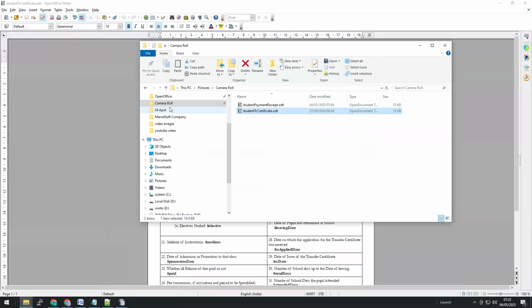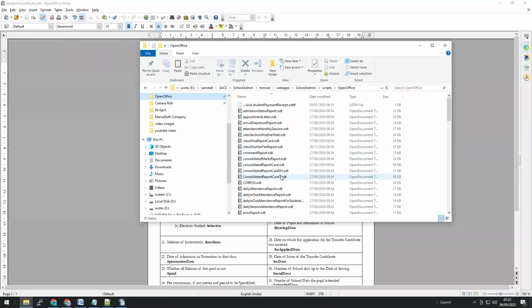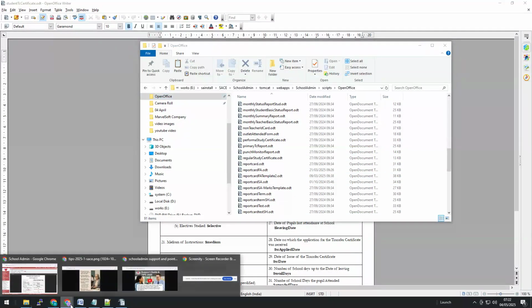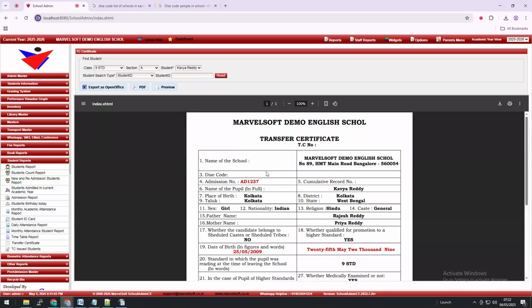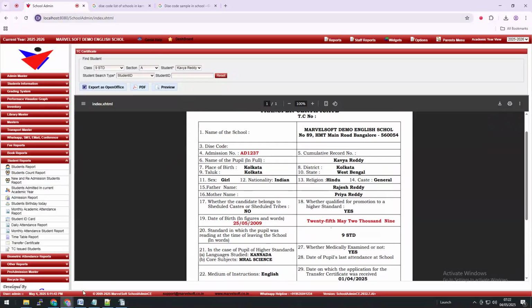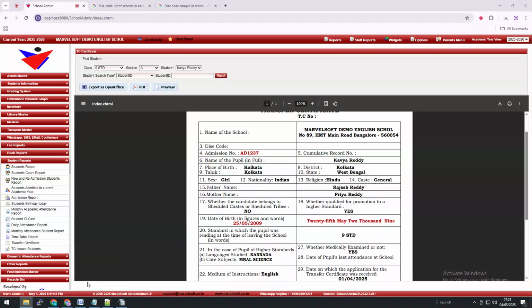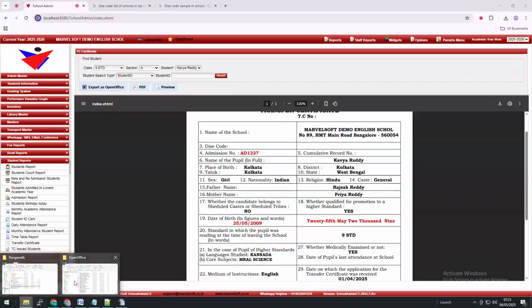It's a totally different format. I want to find the one which is used in the software. See, our TC should appear like this. There are a few fonts which are in red color. Let's find out which is that particular certificate. If you edit the proper and right